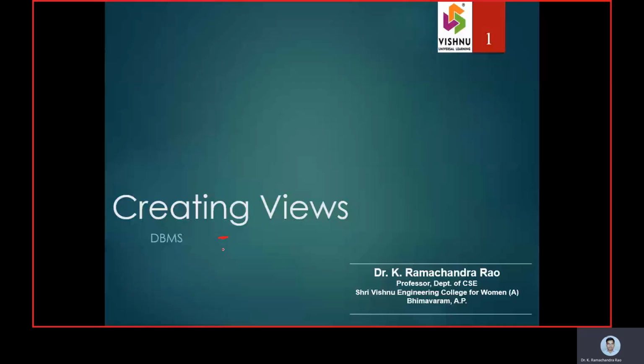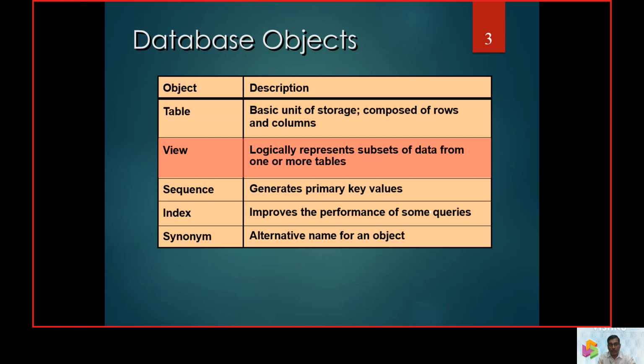SQL part. In this SQL part, we will now discuss how to create views in a database, that too using SQL. So the logical represented subset of data from one or more tables is going to be a quick definition